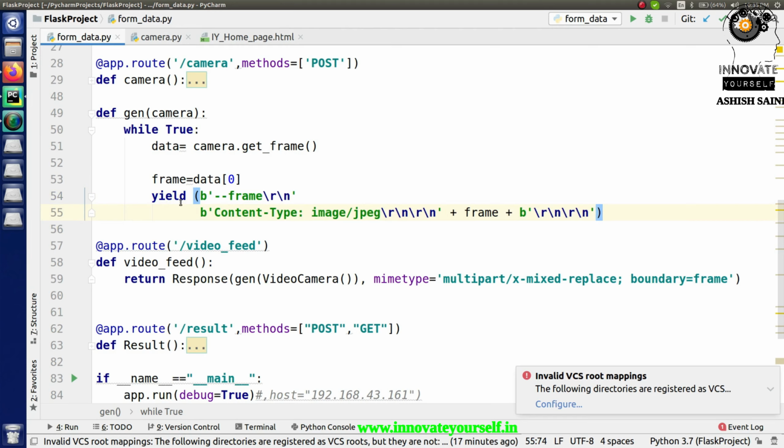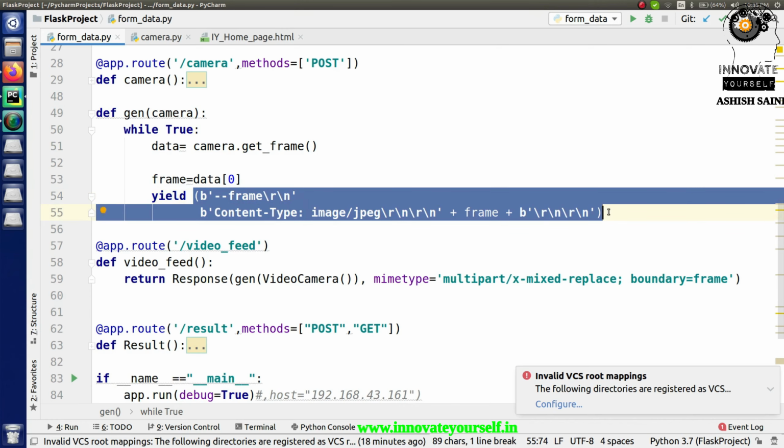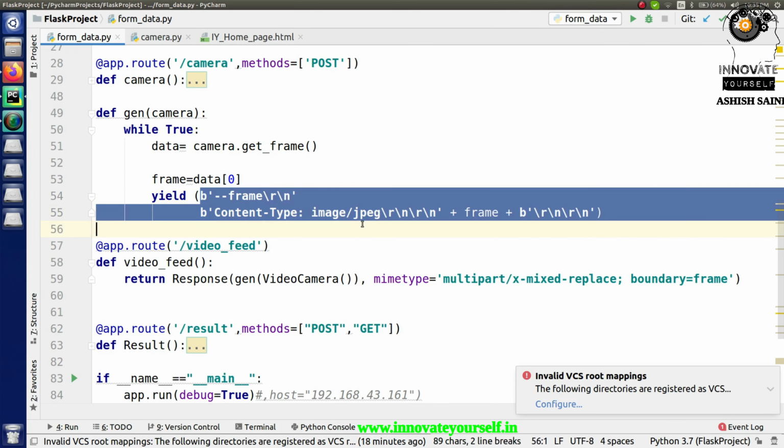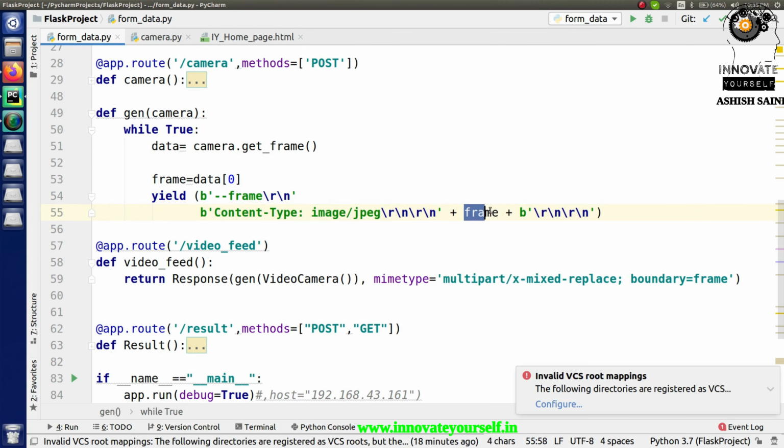So that frame needs to be sent back in this format. Instead of returning that part, I'm using this yield function, so that it will continuously send the images one by one. Every time you will have different data with you, right? So this is how we can use it. But if we use return instead of yield, then it will definitely create a problem for you, or let's say it will not behave like a webcam. So that is why we have used the yield part, and this is the fixed way you have to send it. And in here you just have to pass the frame, or let's say this is the byte data which you have collected from here.